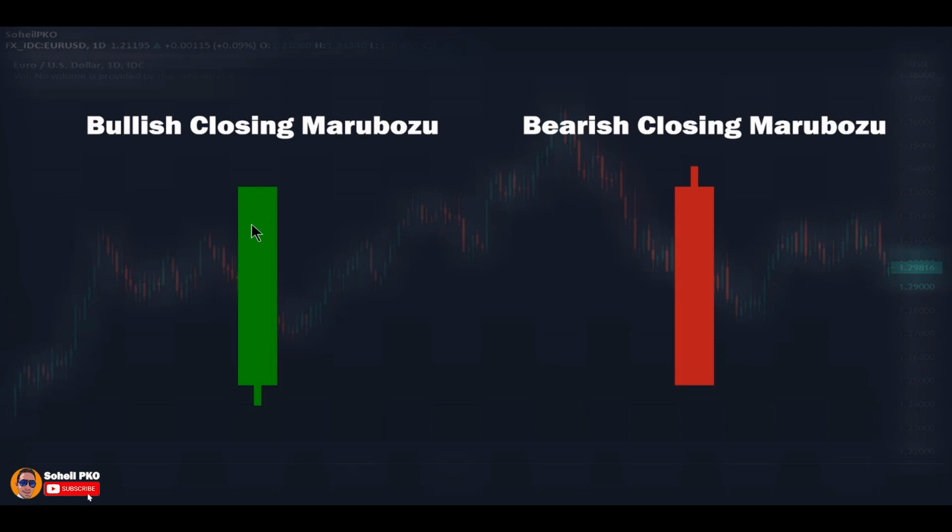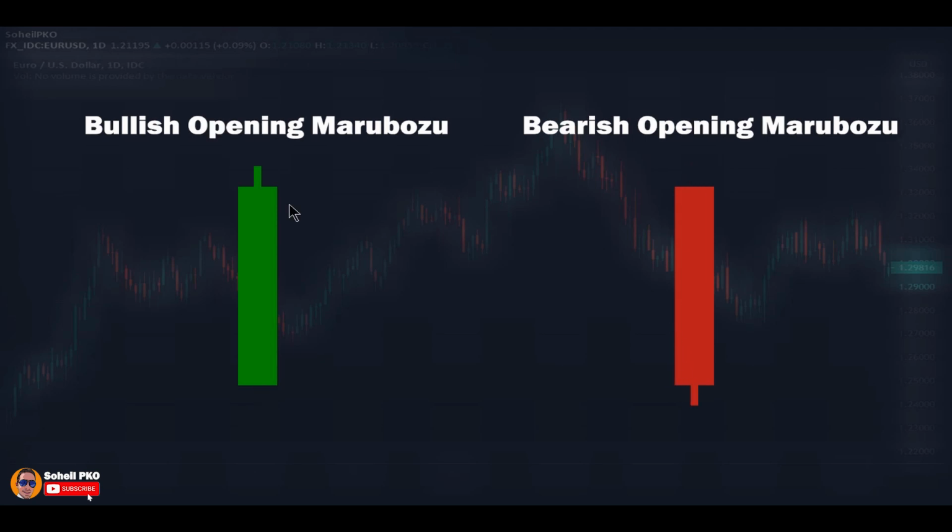Bullish closing marubozu is like a long green candle but without an upper shadow. This candle shows that for a short time, sellers took control and drove the price a little lower than the open, but buyers didn't allow the price to go lower and aggressively pushed the price to higher levels considerably, with full control to close the candle. And bearish closing marubozu is like a long red candle but without the lower shadow. This candle also shows that although buyers drove the price a little higher than the open, finally it was the sellers who took control and aggressively pushed the price down significantly to lower levels with full control to close the candle.